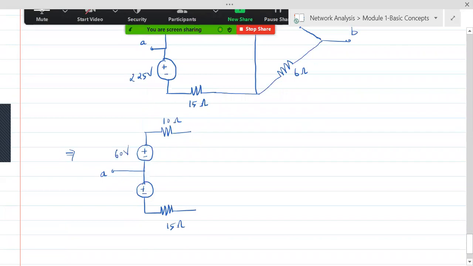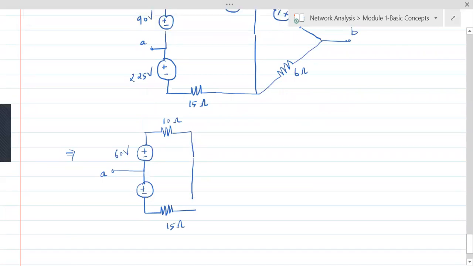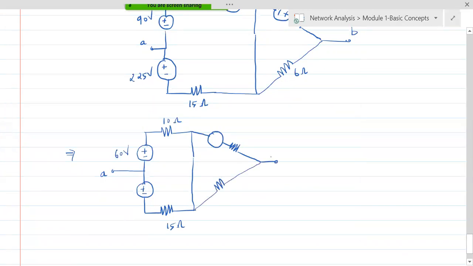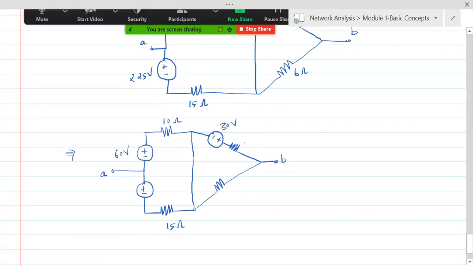Fine. So join these 2 points. And this is a voltage source in series with the resistance, and there is a resistor here. Everybody okay with this? This is how the circuit is getting reduced now. Fine. So here is plus sign, here is minus sign. 30 volts, 3 ohms, and 6 ohms.